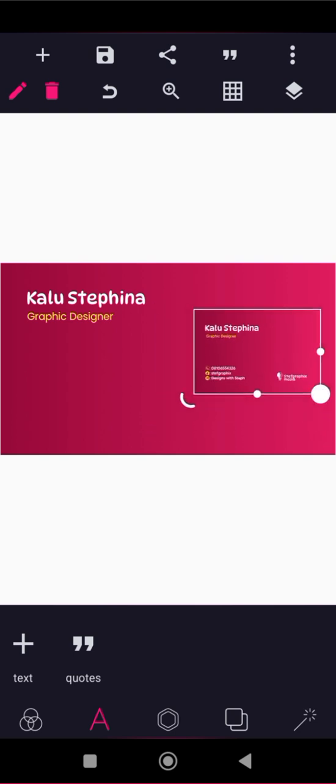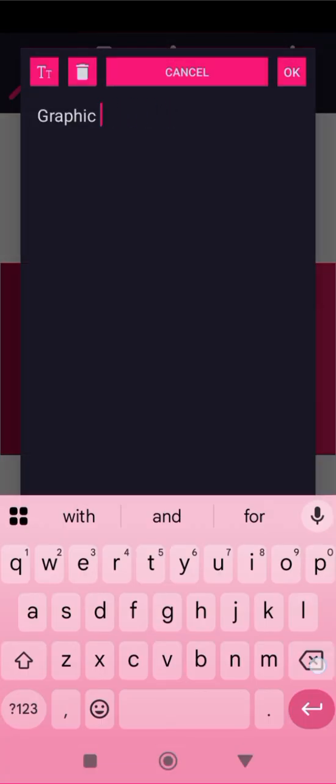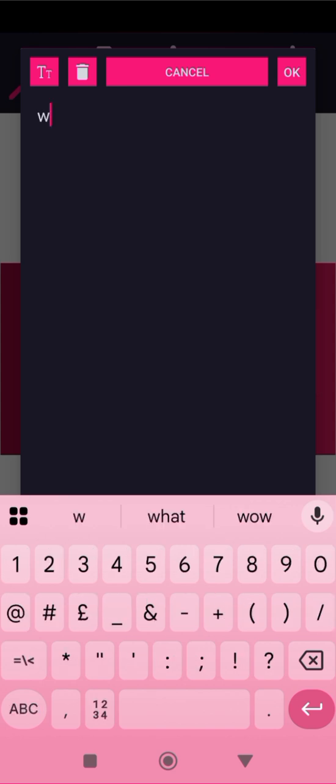So I would get this particular font. I'll duplicate this particular text because I want to still maintain this font, right? I don't want to go and change the font to Poppins. I want to still maintain this particular font. So what I'll just do, I'll go to edit. Then remember that I've said something about a particular font that changes text to icon, right? So because I want to put my icon now, which is WhatsApp, I'll put WhatsApp as W. Then put my semicolon. My WhatsApp number is